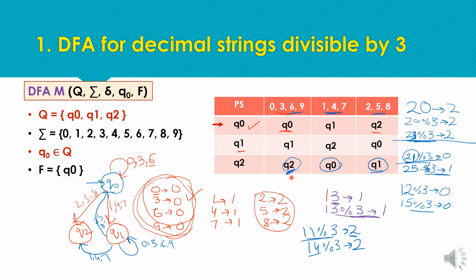Okay, next, if we are having Q2, the next state will be after getting remainder 2, next remainder will be 0, and next remainder will be 1. So we need to just work with the first state for the first set, and remaining will be the next states. As after remainder 0 we will be having Q1, next we will be having Q2, after remainder 0 remainder 1, remainder 2, and after remainder 1 we will be having remainder 2, next is remainder 0, from 2 0 remainder, then remainder 1. So there is a pattern in the table that you can easily check when you will be practicing by your own.